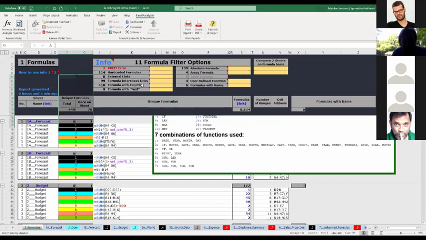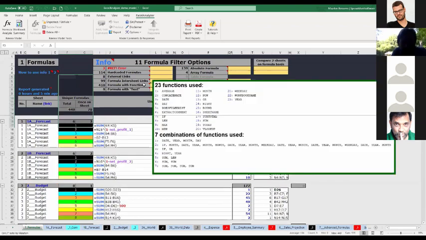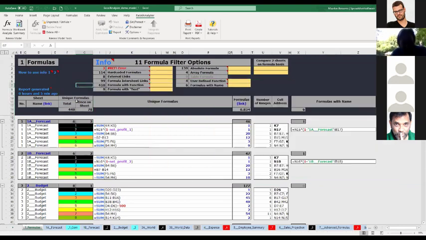Or if you hover with your mouse over functions, you get a list of all functions used in a spreadsheet and combine your functions used in this specific spreadsheet. Well, this is a demo sheet, so it has a lot of different used functions. Normally, we see spreadsheets which maybe have 6 or 7, maximum 10 different functions. So ExcelAnalyzer is a tool which helps the model builder to build better spreadsheets because he can fix the issues